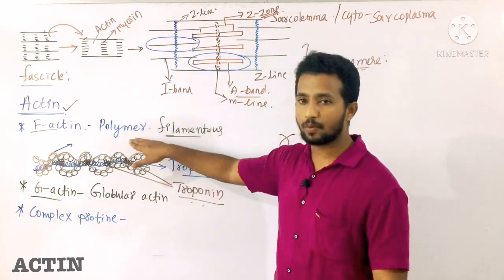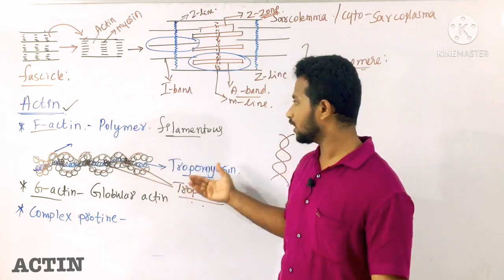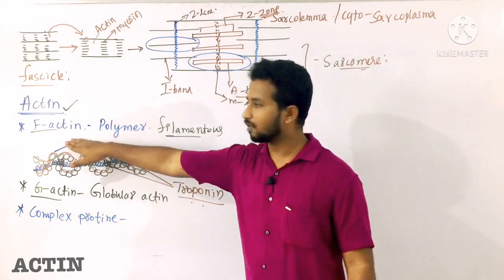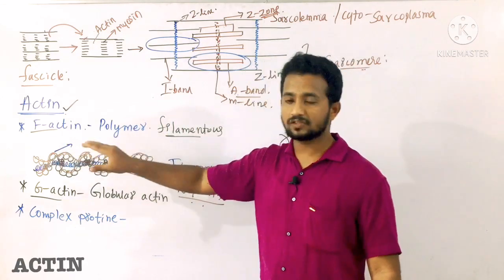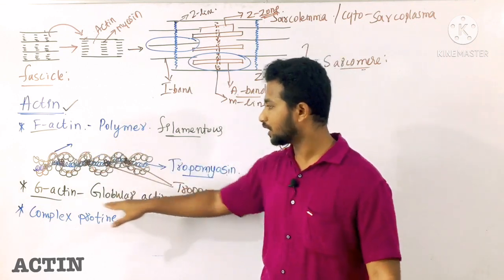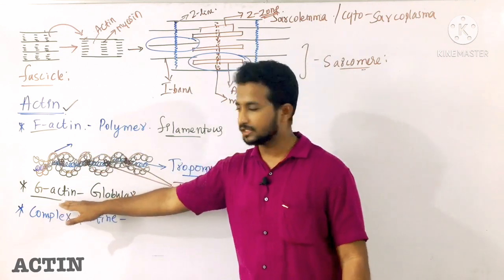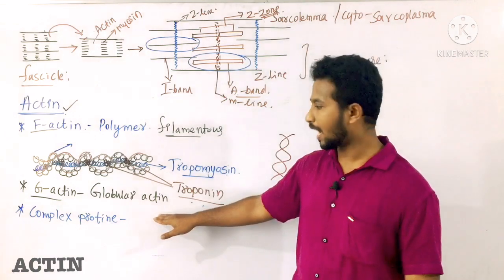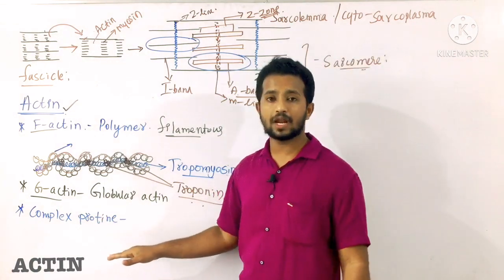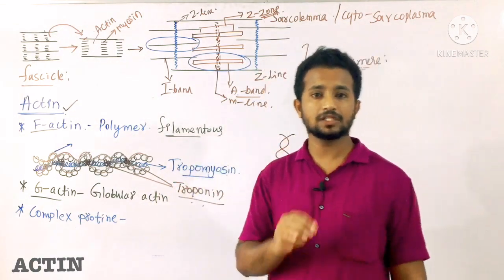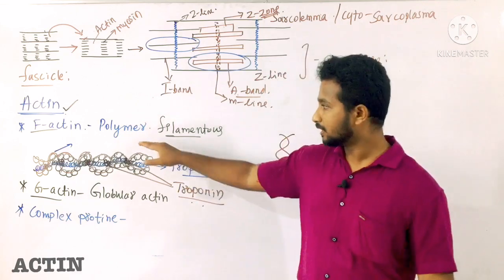This filamentous polymer is called F actin. F is nothing but filamentous. It is made up of monomers, and the monomeric units are called G actin. G is nothing but globular actin, and this globular actin continuously extends all over the length of this filamentous